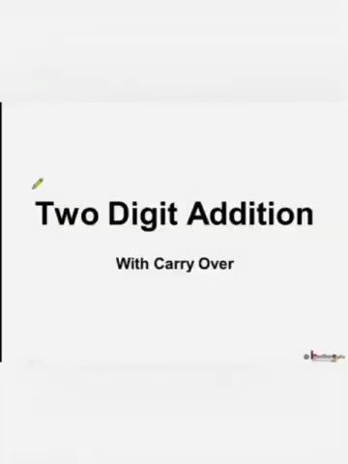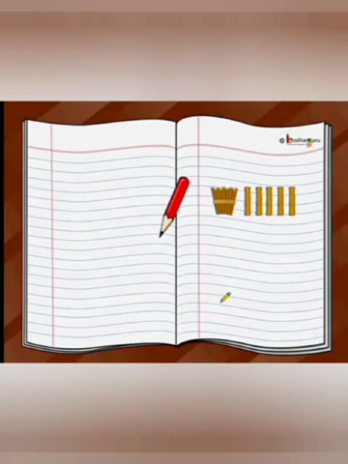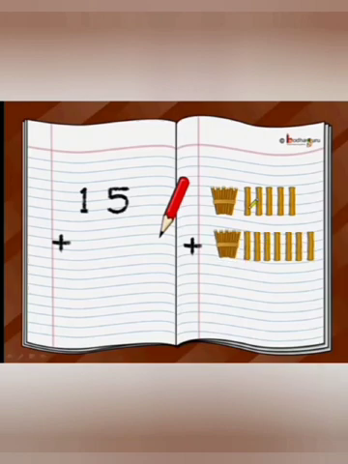Hello children, today we are going to take some more examples of two-digit addition. We have a different example. Here we have a bundle plus 11, 12, 13, 14, 15, a total of 15 sticks. And let's see if we get how many more sticks? 10, 11, 12, 13, 14, 15, 16, 17. 17 sticks. Now let's do this addition.